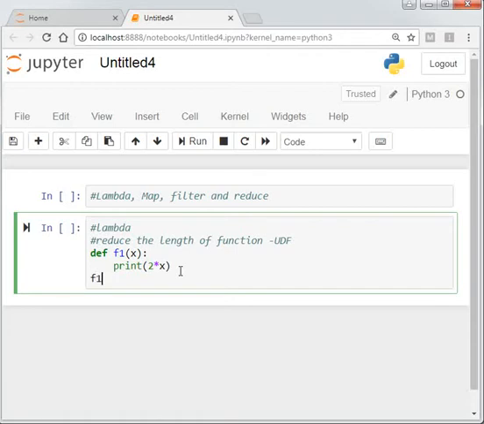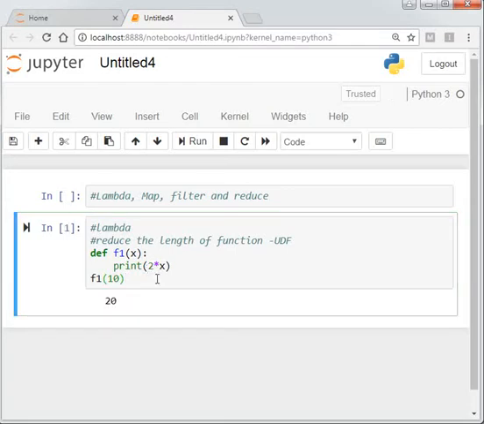When we call it, suppose 10 is passed here. How will it work? This is the function definition, and function f1 is called here. It passes the value 10, and multiplication by 2 means the answer 20 will be printed. This is the simplest function, where we pass one argument and multiply by 2, so the result will be 20.